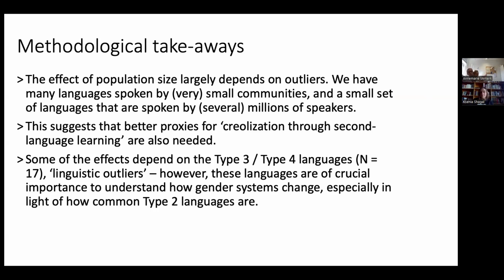But we think that including these languages is crucial if we want to understand what language contact does, specifically from a diachronic perspective, and also especially in light of how common type 2 languages are, right? So animacy-based agreements can be very minor, as we saw in some of these languages. It can affect only one word, it can affect only one target, it can be optional, and it can be very, very pervasive. So we really want to have some way of studying this from a sociolinguistic perspective while taking account of how it seems to work linguistically, right?